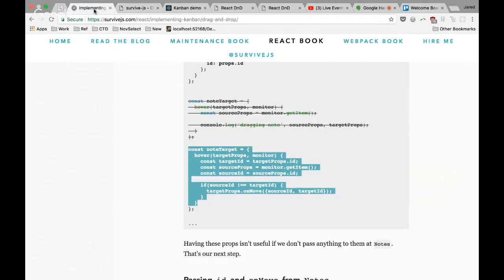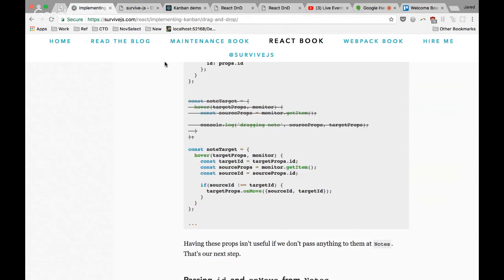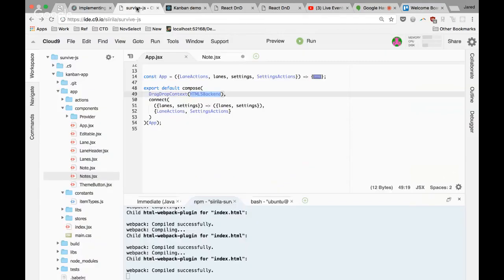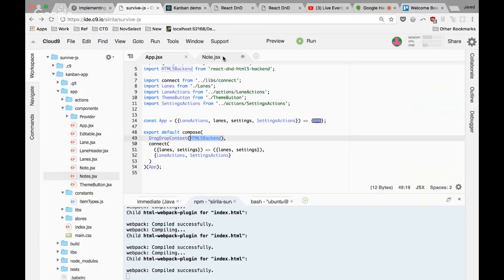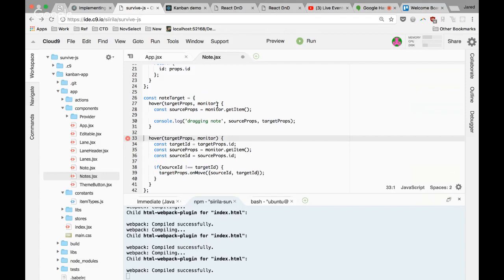That's why it allows you to do those different backends. So we changed here. Let's compare our old hover versus our new one. We can't change the properties because that's defined by React DnD, what it's going to call us with. And we're still going to get our source props off of our item. But now we're also going to add in our target ID. And that's what we were trying to drop onto